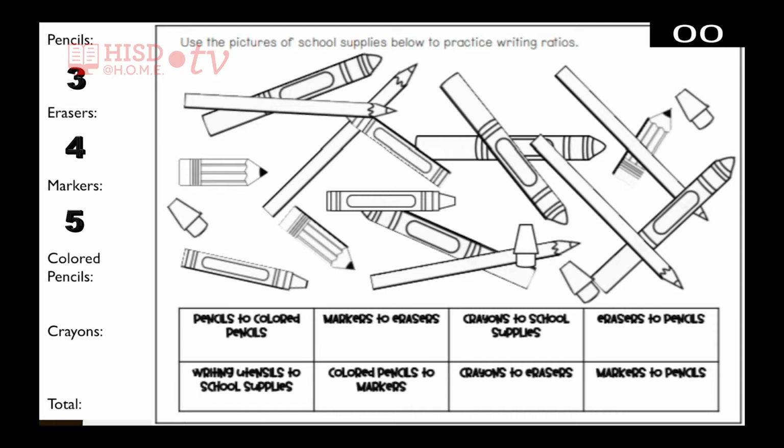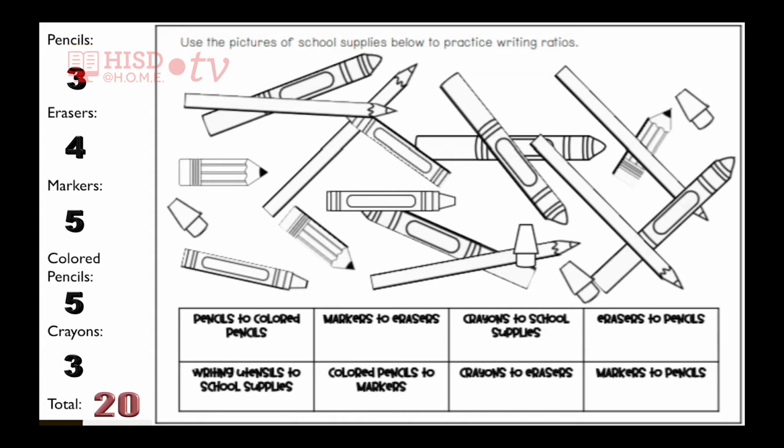There's 5 markers, there's 5 colored pencils, and there's 3 crayons. Given the total of school supplies to be 20, right? So we got an even number. I love even numbers. So we have 20. Now the next task is to make ratios comparing the 2 different school supplies, or 2 forms of school supplies,